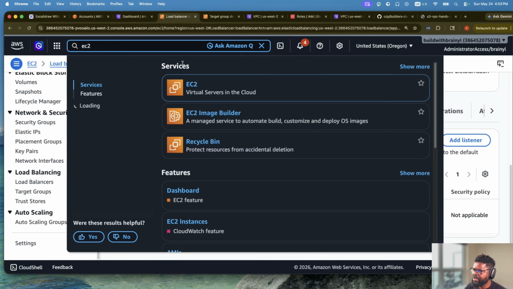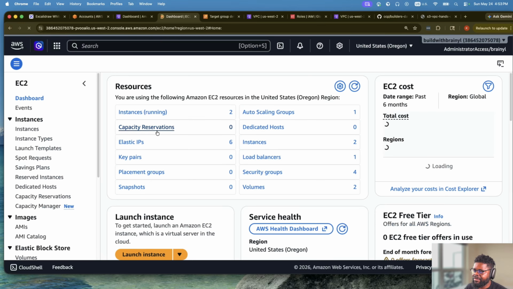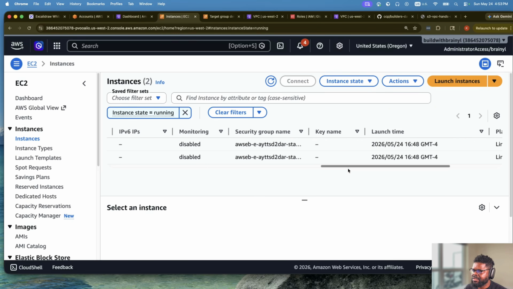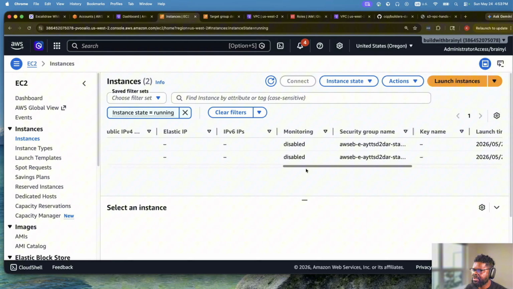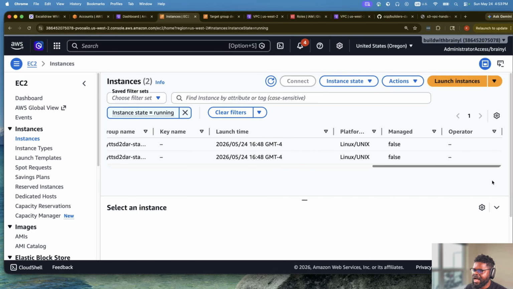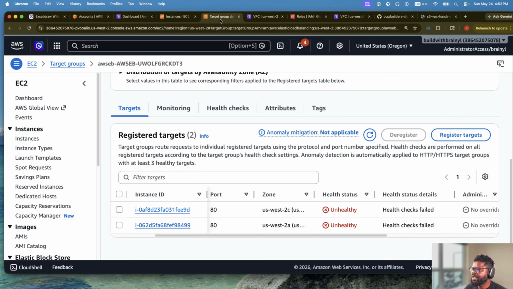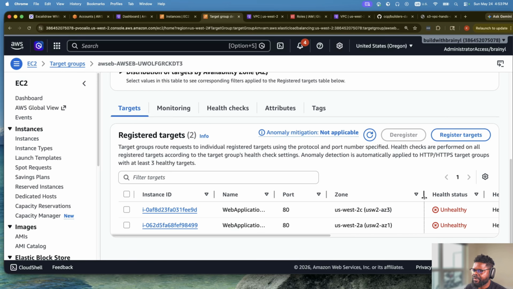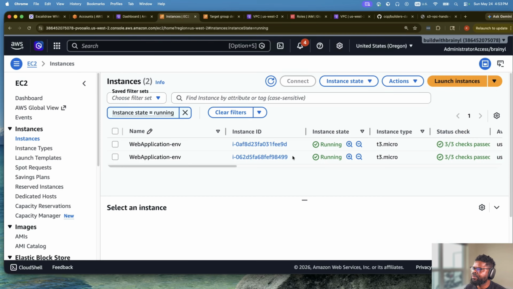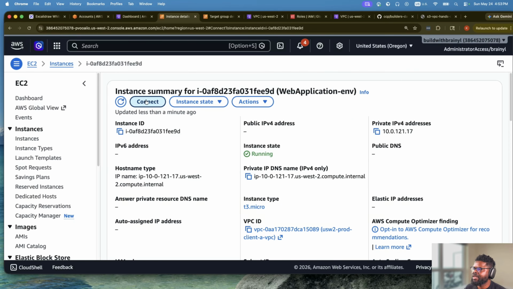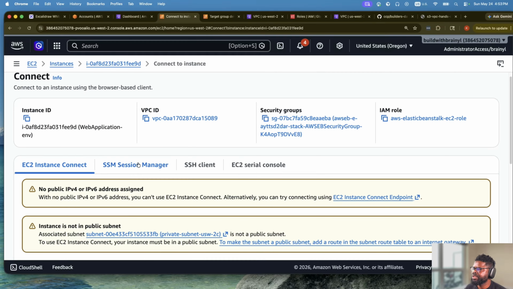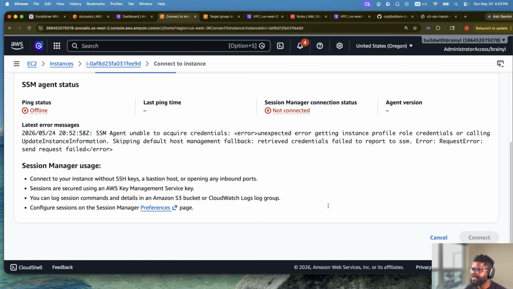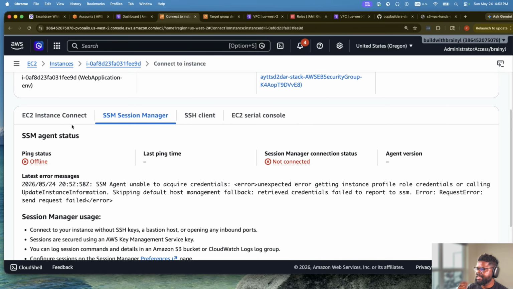So we go to EC2. I teach in a very unconventional manner, and it's just because you need to actually understand how to check and troubleshoot things yourself. Okay, so if you go here, it says the health checks are failing. So what we can actually do right now, I don't think I can even SSM into this machine, but my guess would be, because I don't have that rule applied, but it is possible that the